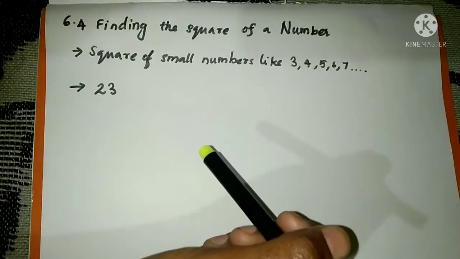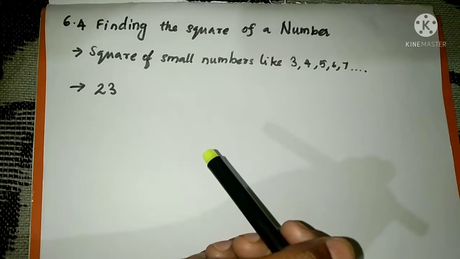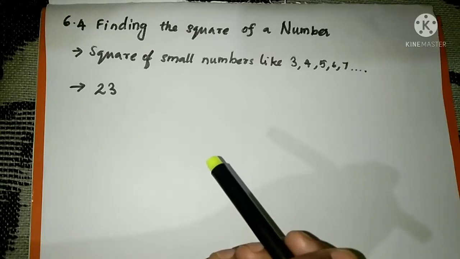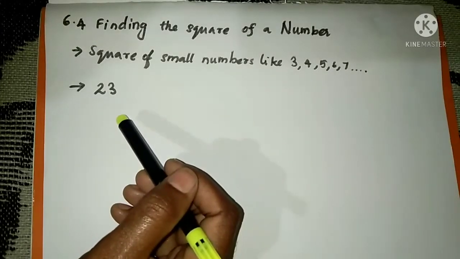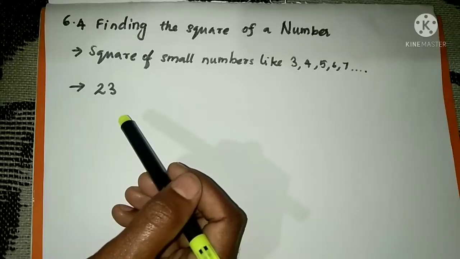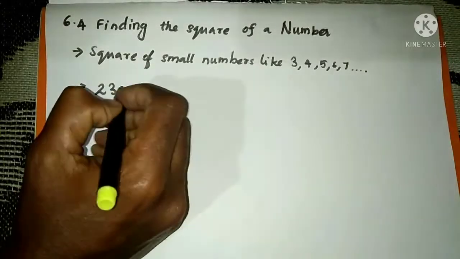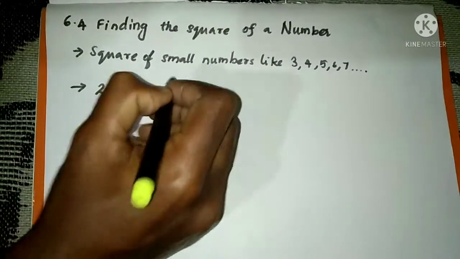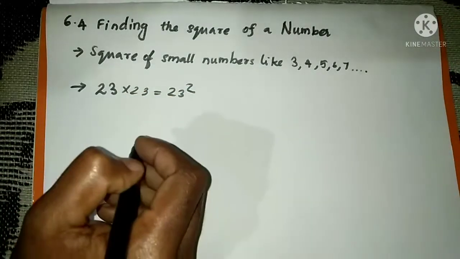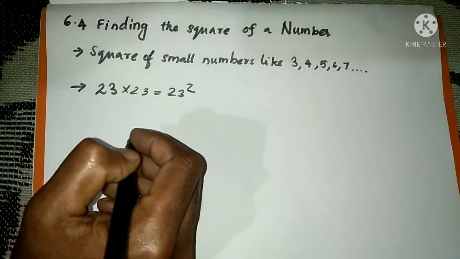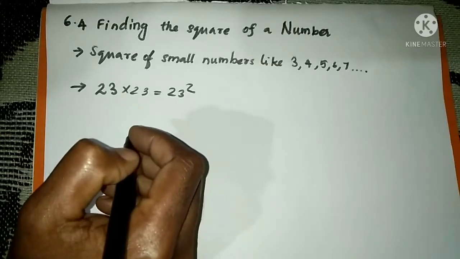Let me ask you a question. Can we find the square of 23 so quickly? The answer is not so easy, and we may need to multiply 23 times 23. There is a way to find this without having to multiply 23 by 23. That is,